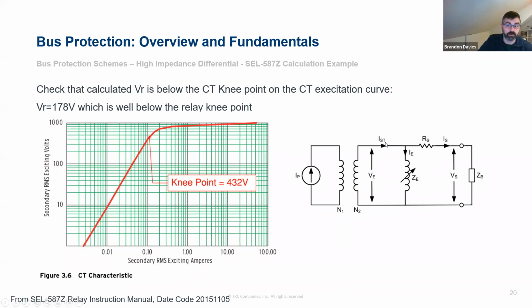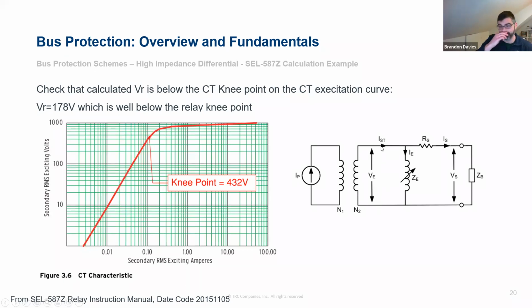The secondary current then splits, and you've got an excitation current through that nonlinear magnetizing branch here. And you've got the actual current sent to your burden, your relay in this case, is here. So your actual secondary current is going to be the ideal current minus whatever this excitation current or error current is. And this will drive a voltage across